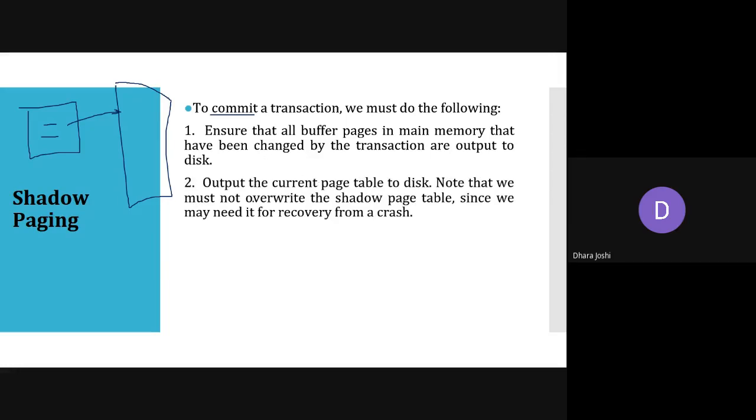Note that we must not overwrite the shadow page table, since we may need it for recovery from a crash.